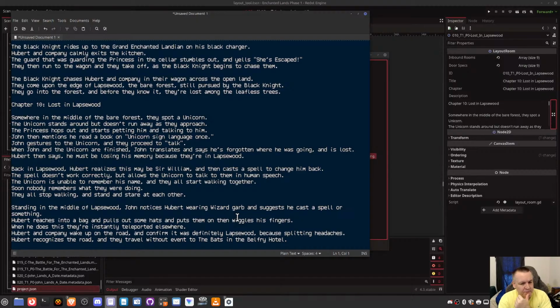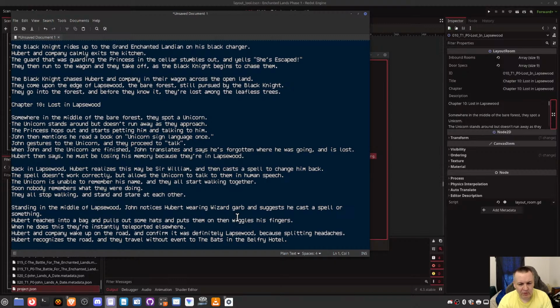Hubert tries to do a spell where he's trying to conjure something. I forget what he's doing exactly, but he manages to conjure a book. It shows up in midair, this unicorn sign language book, and then it goes poof, and in its place is Beauty and the Beast, which is actually from a library, the same library that John works at. So there's a little mix-up, and then during